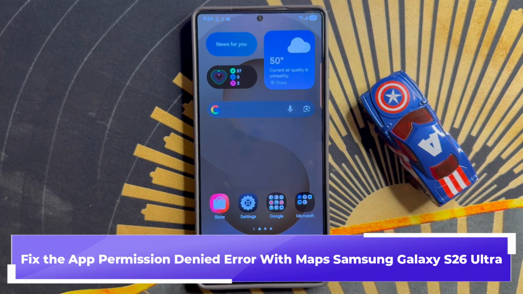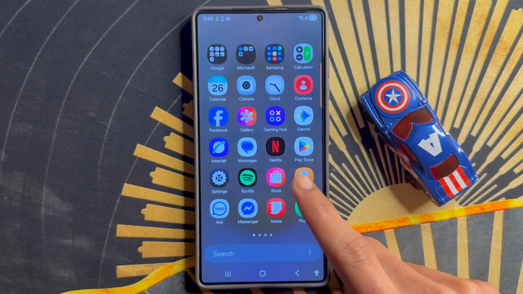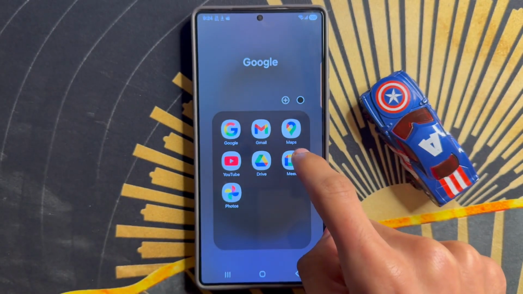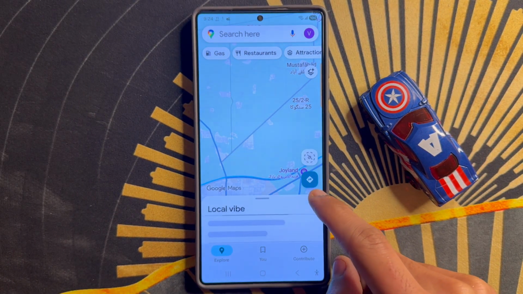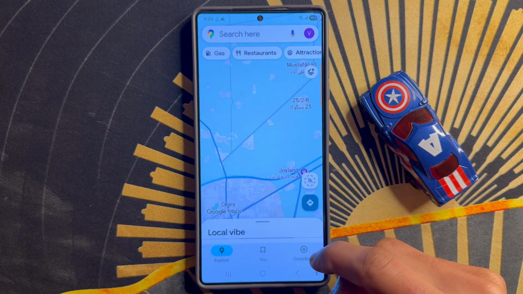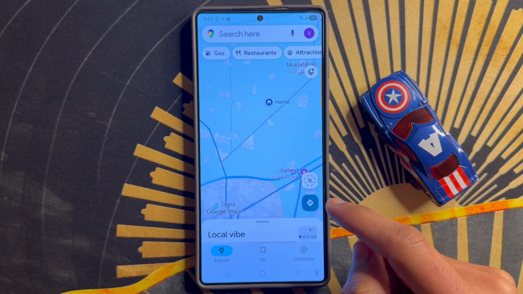How to fix the app permission denied error with Maps on Samsung Galaxy S26 Ultra. Let's start the video. First of all, go to App Library. Here, click on Maps app. After clicking on the Maps app, you will see if you want to fix the app permission denied error with Maps,